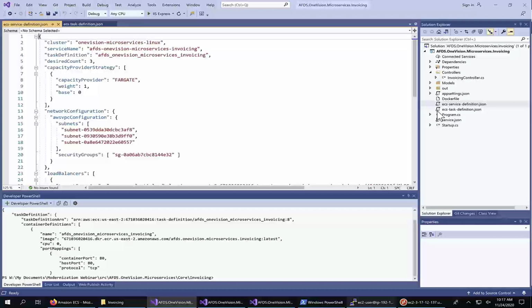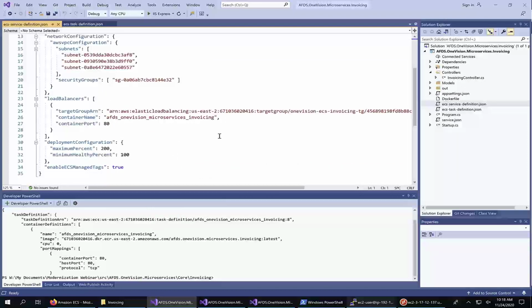Those 3 tasks will be deployed across 3 private subnets, which means the containers won't have direct access to the internet. The tasks are also behind a load balancer, which I've already created. That load balancer is also internal to the virtual private cloud. This means that none of these tasks can be directly accessed from the internet.